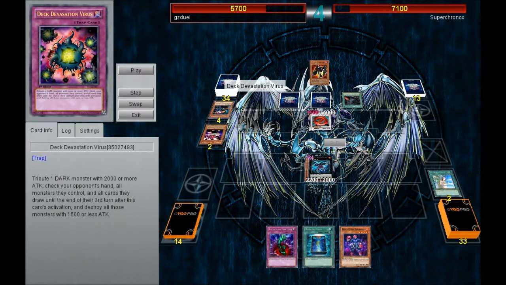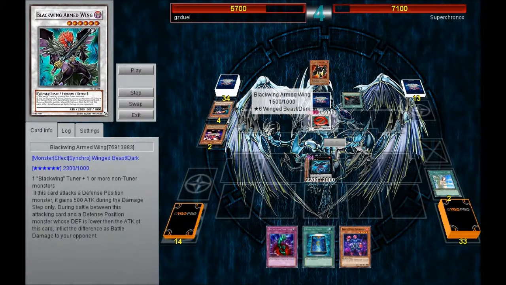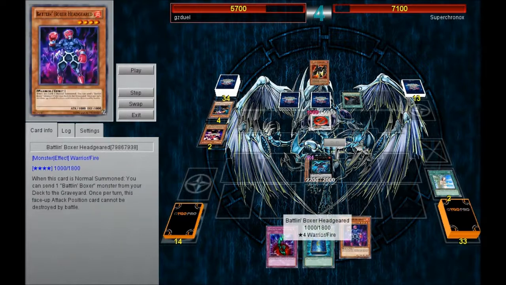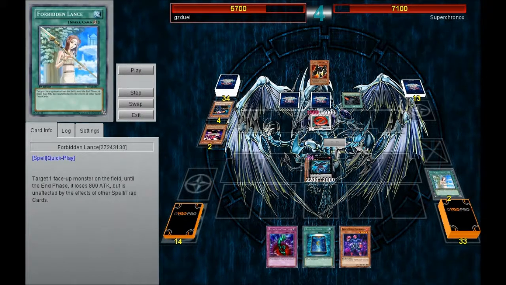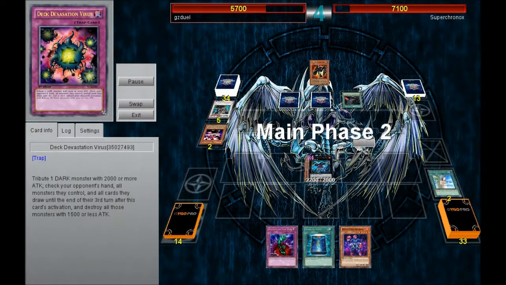If I were to, for example, declare an attack and then activate the Forbidden Lance on his monster, he could just Chainlink to Deck Devastation, and I would lose my Headgear. But I didn't do that. I summoned Lead Yoke, and I went to attack, entered the damage step, and then I activated Forbidden Lance, thereby locking down his ability to use Deck Devastation Virus. So I thought that was a very well managed play. I got rid of his